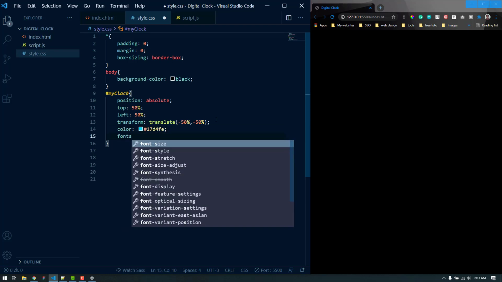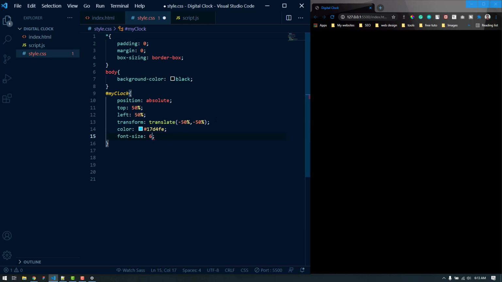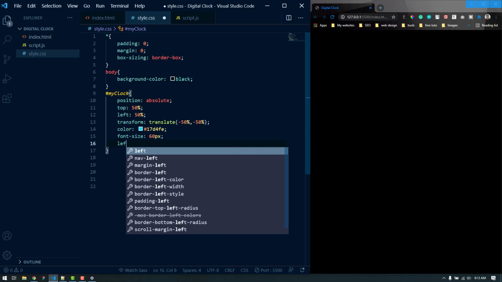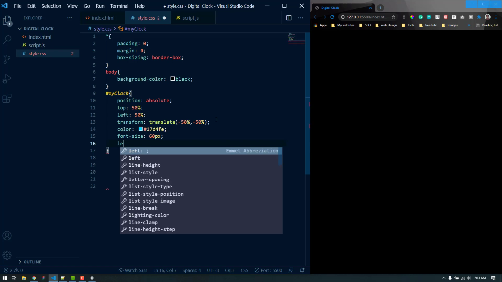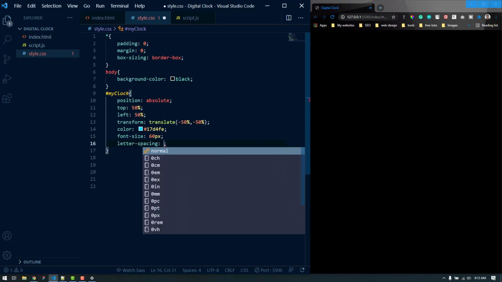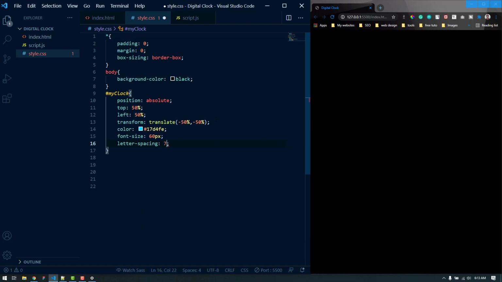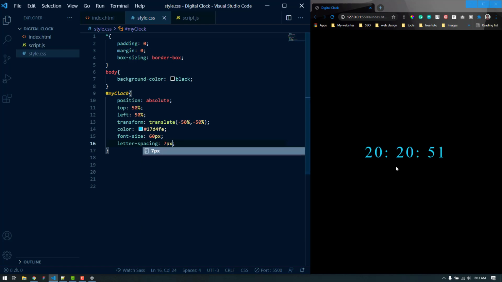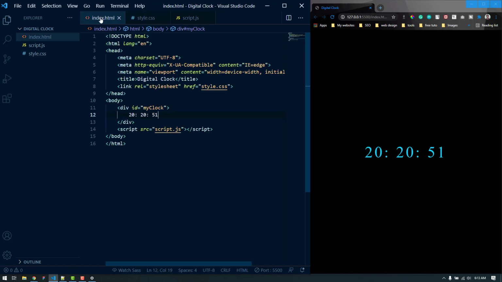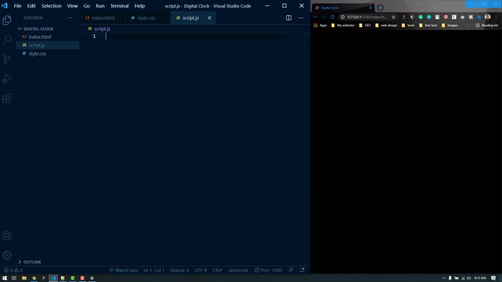Let's make the font size to be 60 pixels. Letter spacing, let's make this 7 pixels. Let's save, and here is our clock. We actually don't need the text, so we are going to remove it. Now let's move on to the script.js.